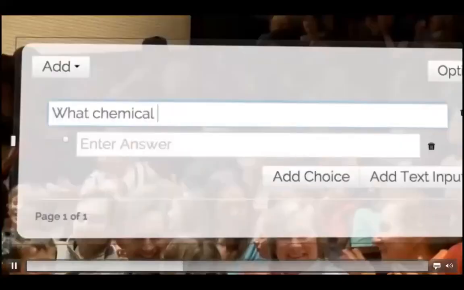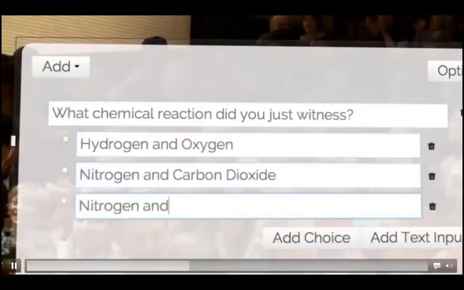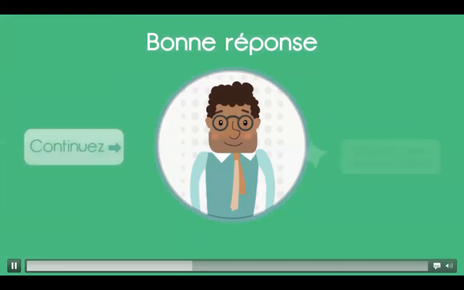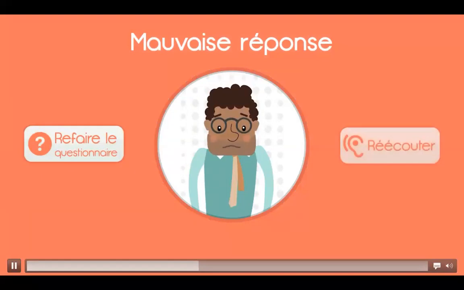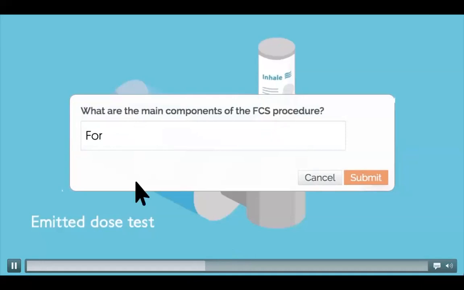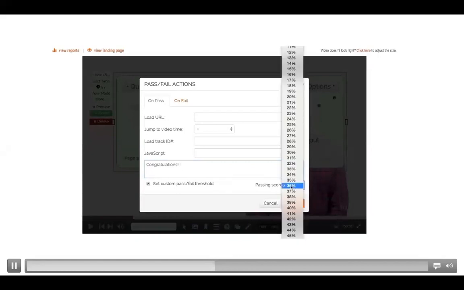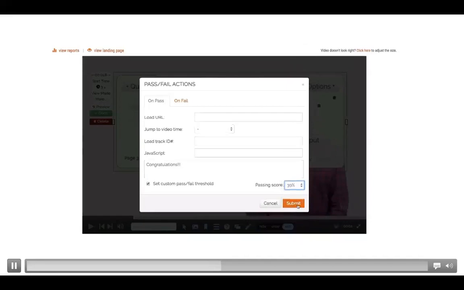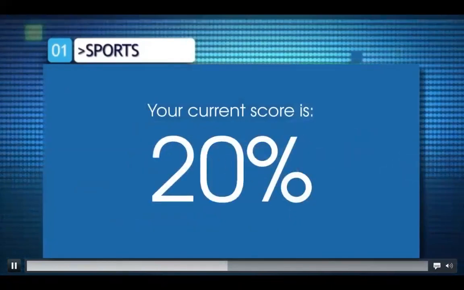Quizzing. Test your viewers' knowledge by incorporating quizzing into your video. Adaptive quizzing. Change what the viewer sees next based on correct and incorrect answers to a quiz. Free response quizzing. Allow viewers to input truly personal responses and gain sharper insights. Set custom threshold. Set multiple questions within your quiz and you can control the pass threshold based on your own needs. Display live results. Display real-time results or grades as the user progresses through a quiz.